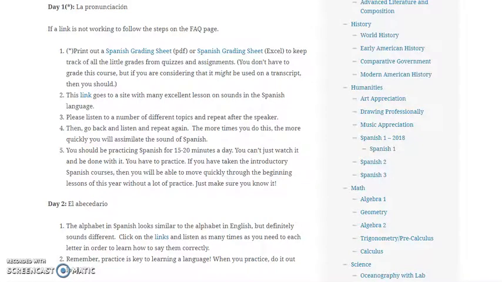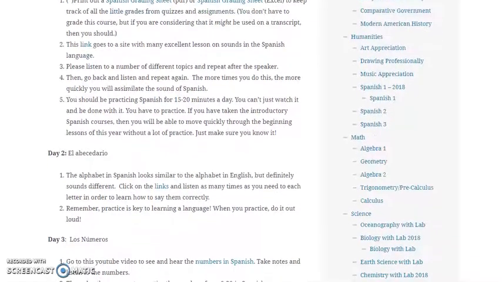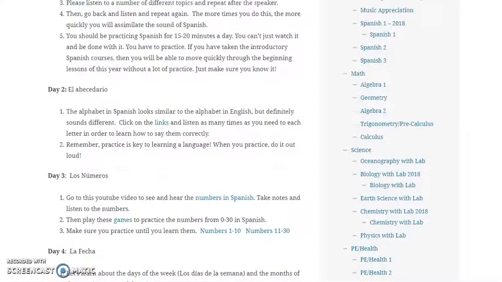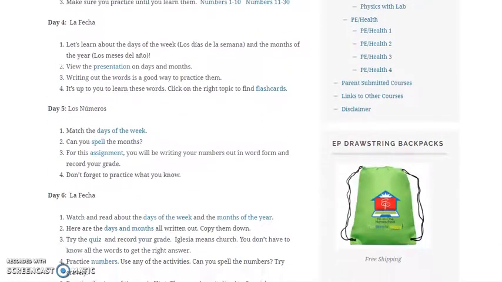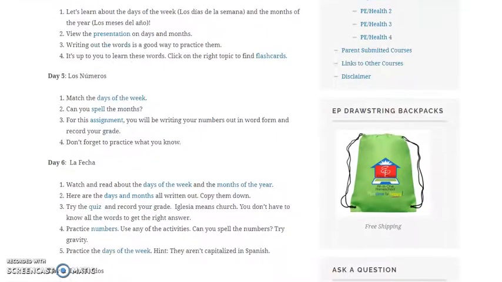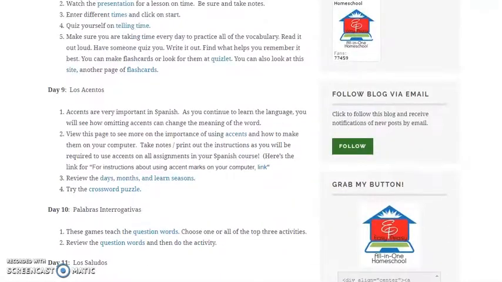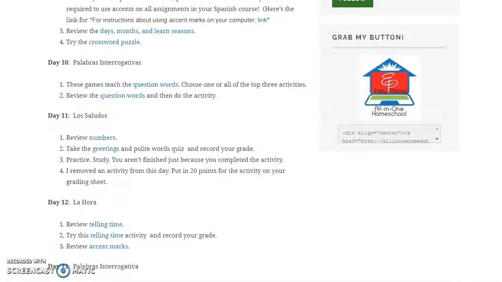But what that means is at the beginning of the year, if you're totally new to Spanish, it's going to be harder for you. You're going to have to spend a lot more effort learning that vocabulary, whereas the kids who've been through those levels will have it easier in the beginning of the course because they'll just be learning the grammar, whereas they already know the numbers and things like that. So for some people who are new to Spanish, it'll feel like it's going fast in the beginning, and for others, it'll be like, this is review, and feel easier. But here they'll be learning all the grammar and putting together proper sentences.